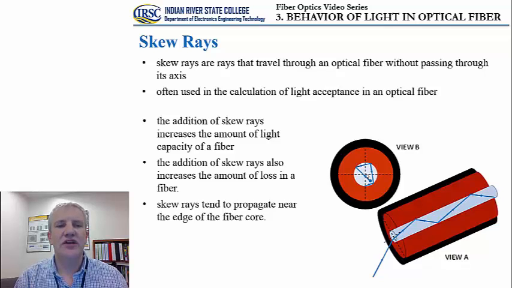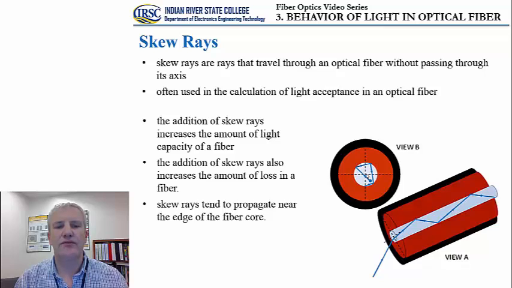These types of rays are often used in the calculation of the light acceptance of an optical fiber. Also, the addition of skew rays increases the amount of light capacity of a fiber, but there are also certain disadvantages of having skew rays in a core. And the most important disadvantage is that the addition of the skew rays is going to increase the amount of